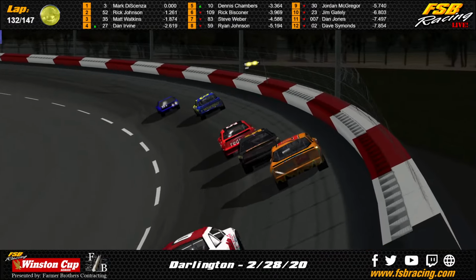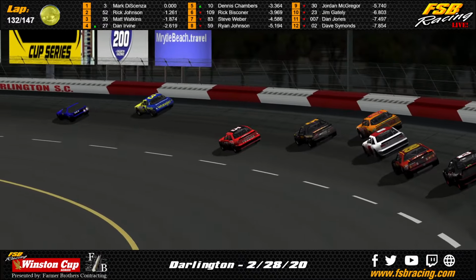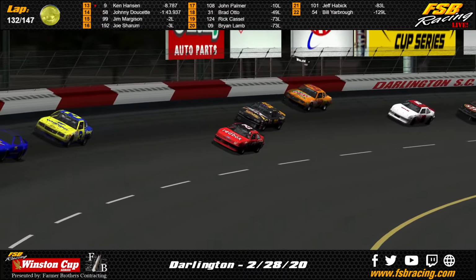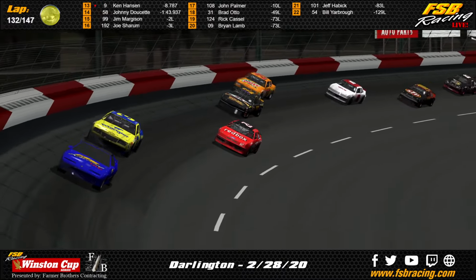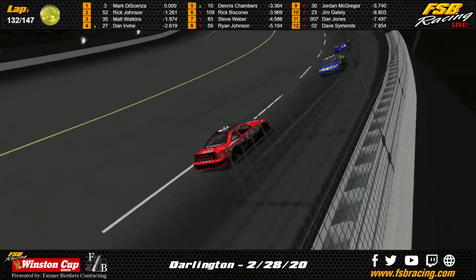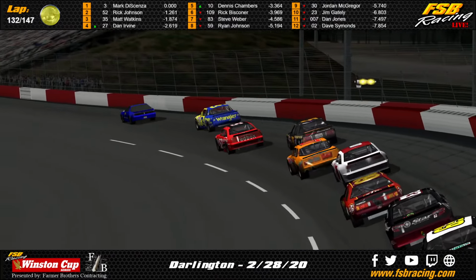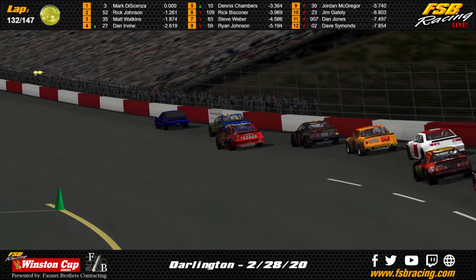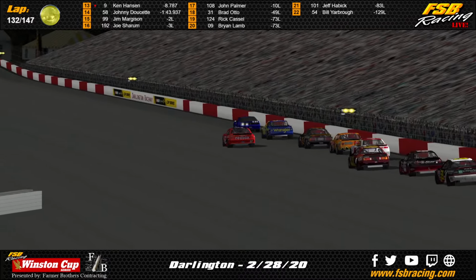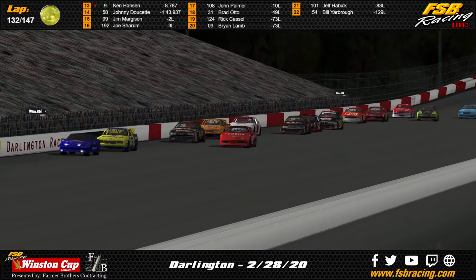Still, these other sims out there, NASCAR Heat, iRacing, they still don't have that. That's one of the things I just love about NASCAR 2003, even if it's old. Pit stops, the realism of this type of racing is as old as this sim is. You can spend all the money you want, but you don't have to spend a whole lot to run here, and it's a little more work as far as getting your stuff hooked up. But once you do, I mean